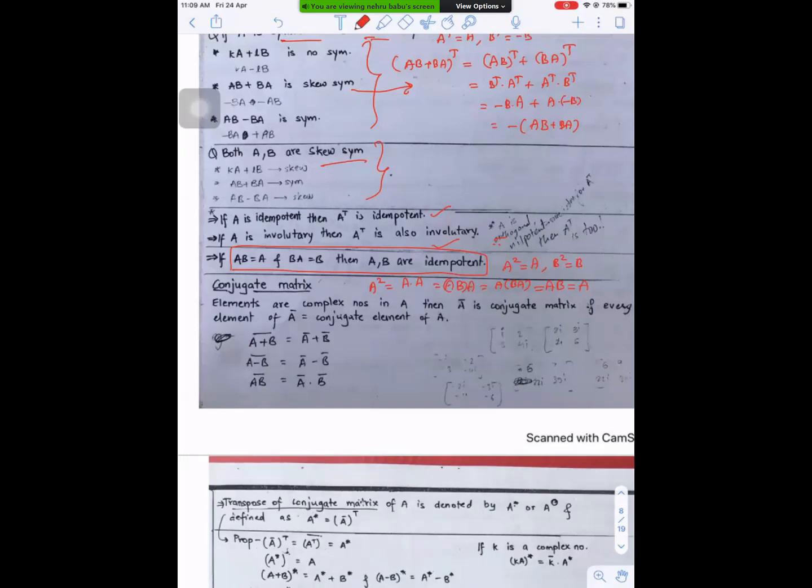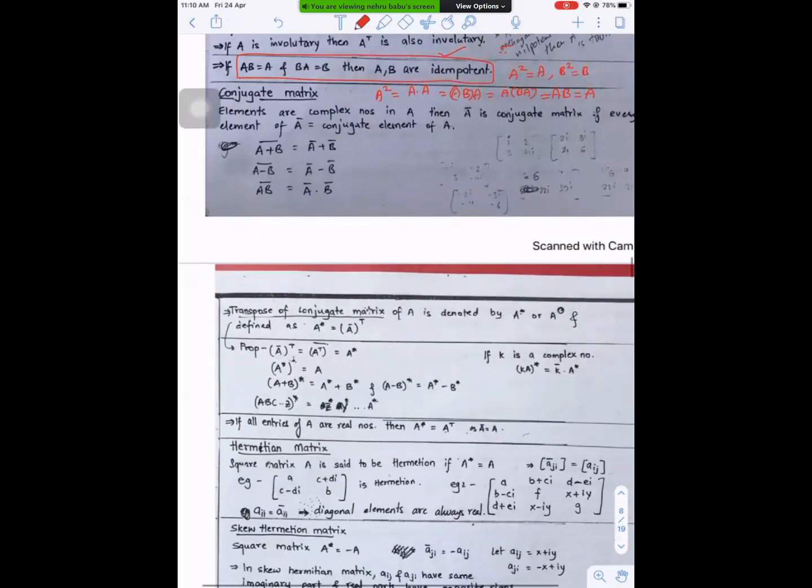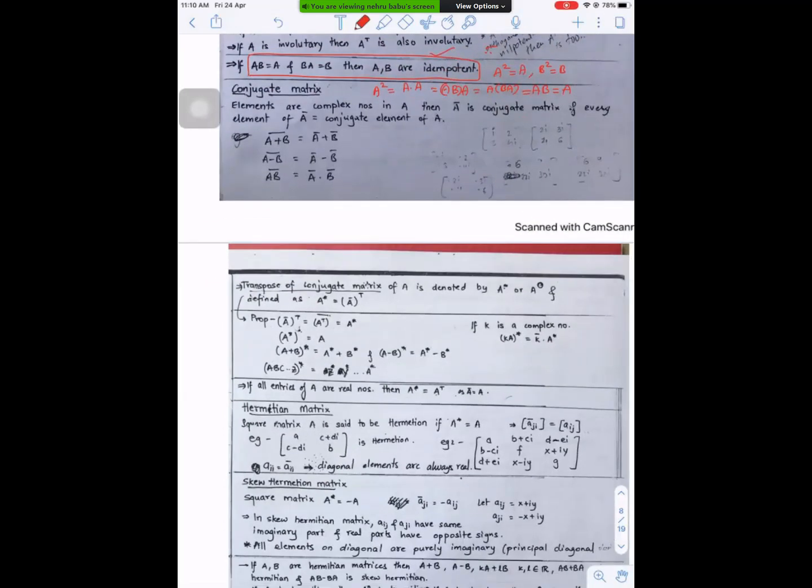Okay, next, conjugate matrix. And if you see, in class also I said this point: this conjugate matrix and Hermitian, skew Hermitian, these things are not in the syllabus. But if they want to ask a question, in a comprehension they can give a question by defining what that is. But in our IIT syllabus, this Hermitian concept is not there. But as the topic complex numbers is in our syllabus, by mixing these two concepts, they define what is Hermitian, and after that they can ask the question.